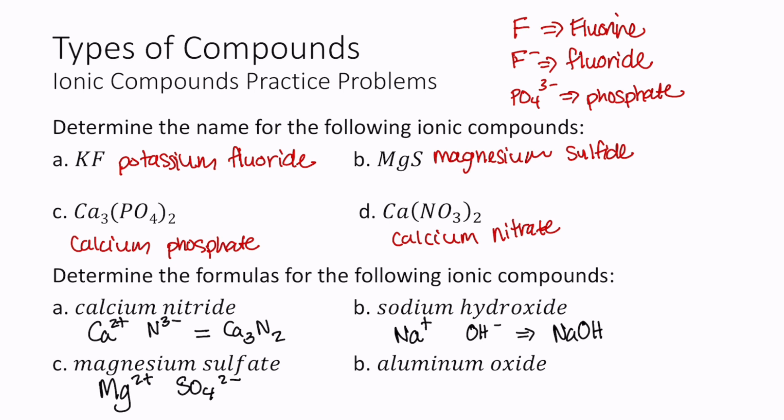Here again, I don't need to use the cross method because the charges are already equal to each other. So I can just rewrite this as MgSO4. Now, something I want you to be aware of is if your charges are not equal and you're dealing